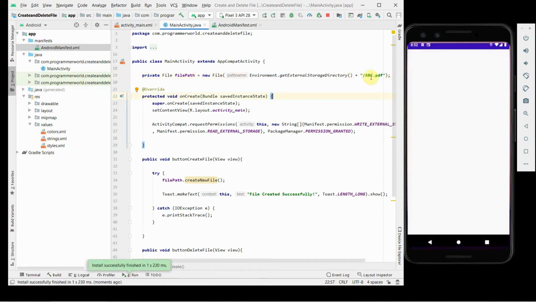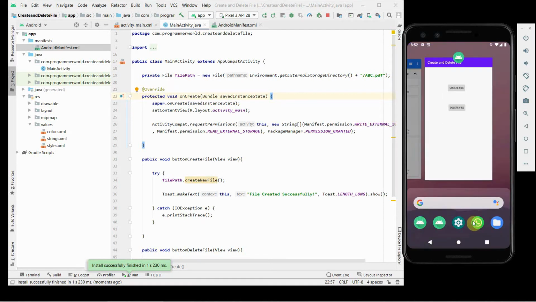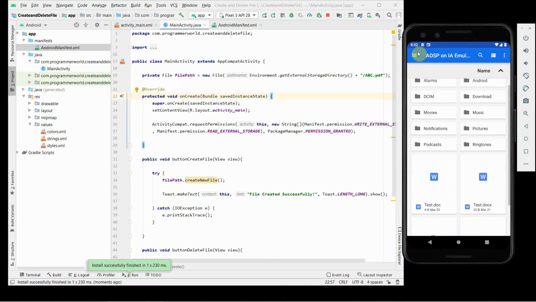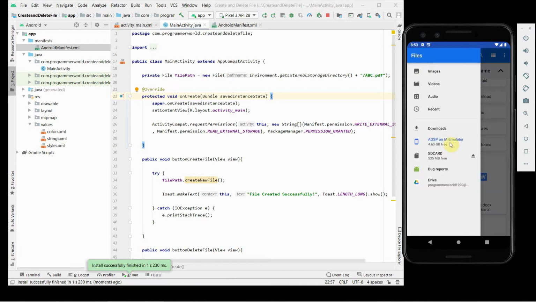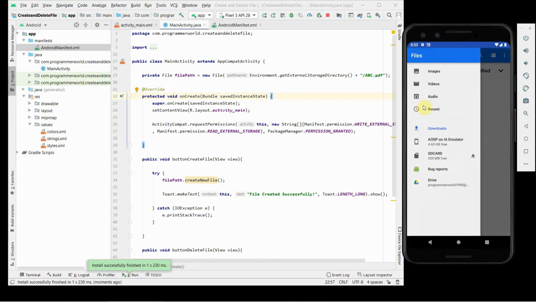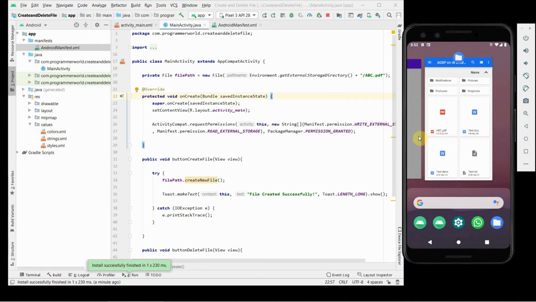I have changed this line of the code and I am restarting, and now it says file created successfully. The toast message has come up. And now if I go back to my location, I will be expecting a file called abc.pdf over here, but still I can't see it. Okay, yeah. So I think I had to refresh this folder, and now I can see this particular file over here. But my expectation was, of course, that this file would have appeared automatically, but I'm not sure why.